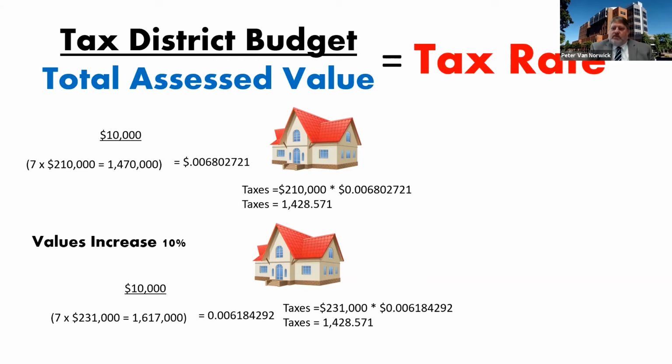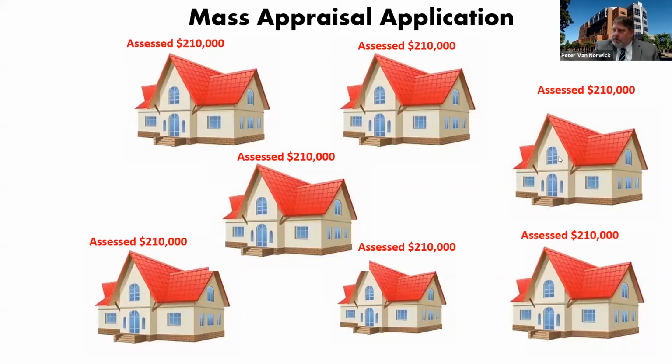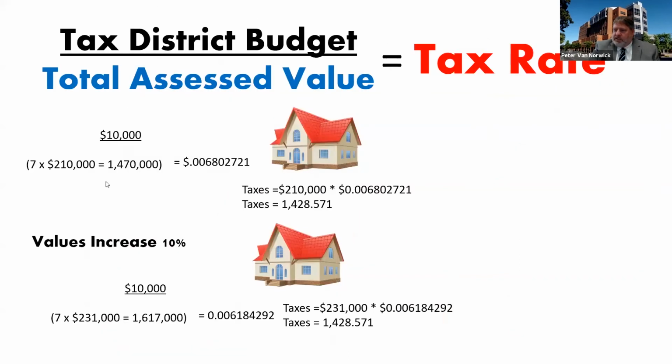And the whole value of their taxing district was the 7 homes that I showed you prior, right? So you have the 7 homes times the 210,000, which, if you remember, is the assessed value we placed on all of them, equals 1,470,000 as the total assessed value. So we take that 1.47 million, divided into the 10,000, and we come up with a tax rate of